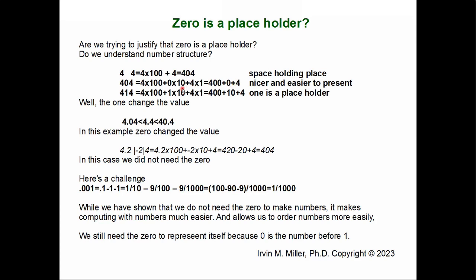But the implication is that 0 is unique as a placeholder. Well, any number could be a placeholder. We put a 1 in that space, we get 414, but we still have that 4 moved to the hundreds place. Okay, so I feel a little bit uncomfortable with that, the way we run it, but let's see